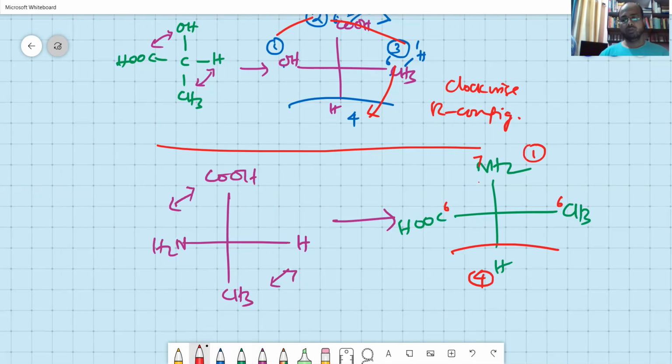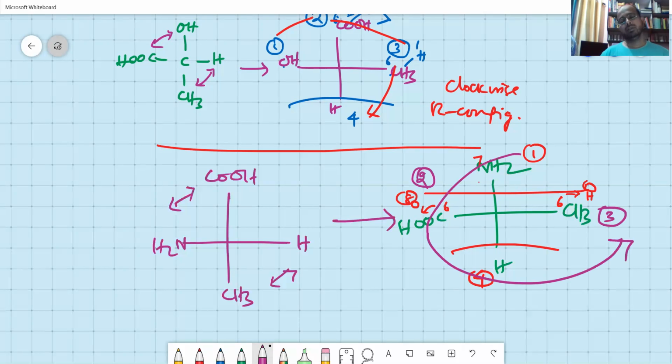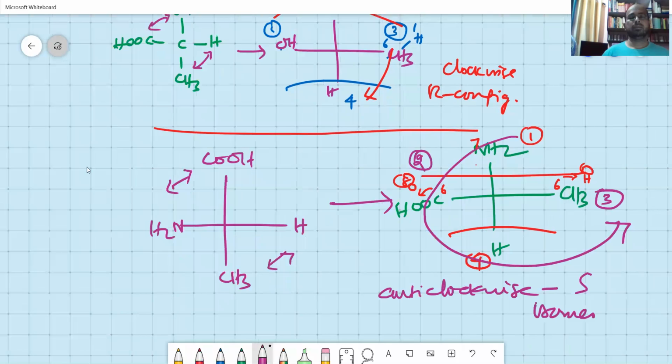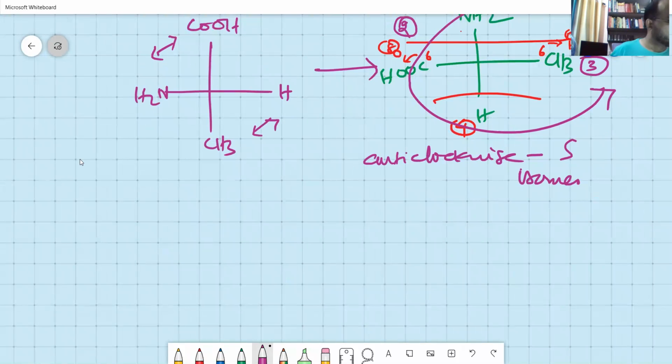Between these two, as per rule 2, you have to look into the next atom. If you look into the next atom, it is hydrogen 1. If you look into the next atom, it is oxygen 8. 8 is greater than 1. Therefore, this has the second priority and this has the third priority. When it goes like this, 1, 2, and 3, then it is anti-clockwise. When it is anti-clockwise, it is S isomer. It is S configuration.